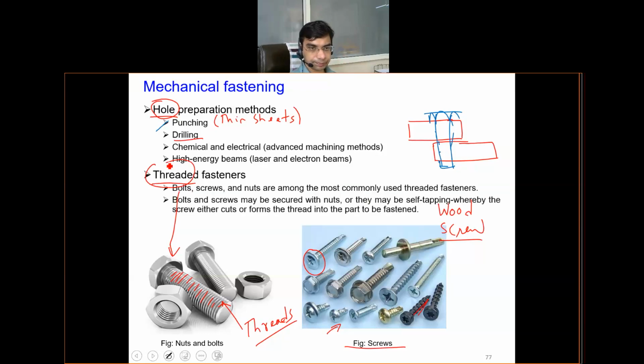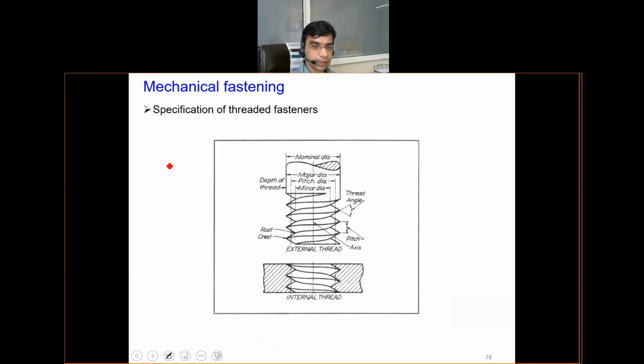And then we have other specifications of any threaded fastener, which I will not be discussing in much detail. You can see that there are parameters like the nominal diameter. Whenever you go to the market to purchase any fastener, the person will ask you what is the diameter of the fastener. Nominal diameter is basically the average diameter, looking at the fastener as a cylinder. That diameter is useful to get the proper size of the fastener.